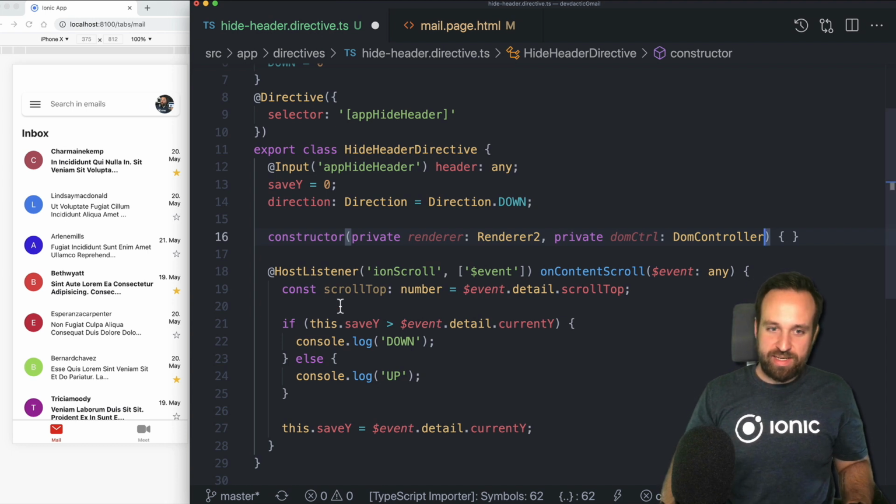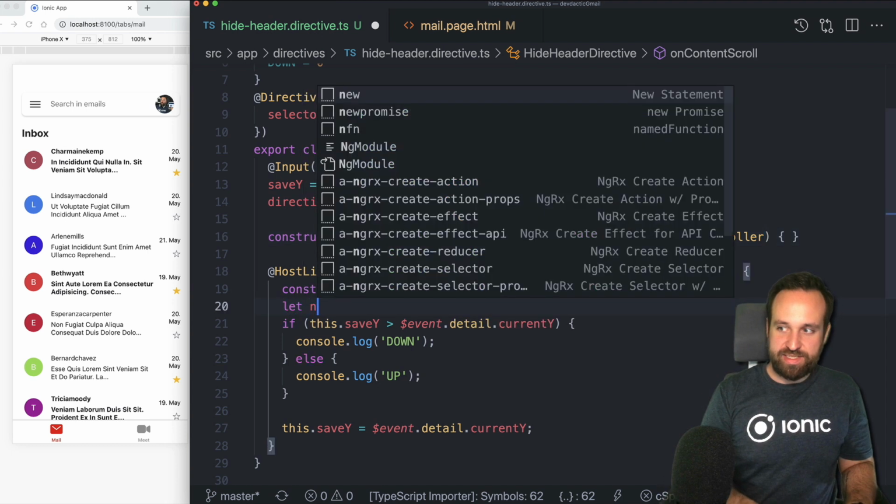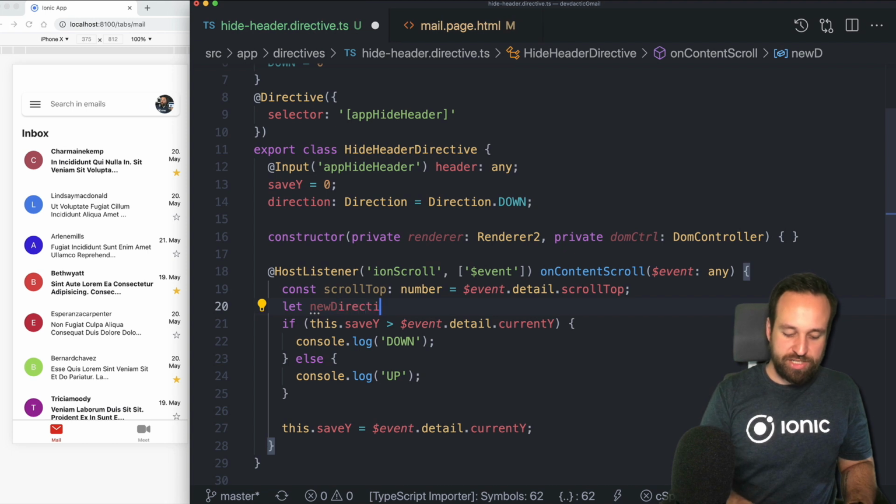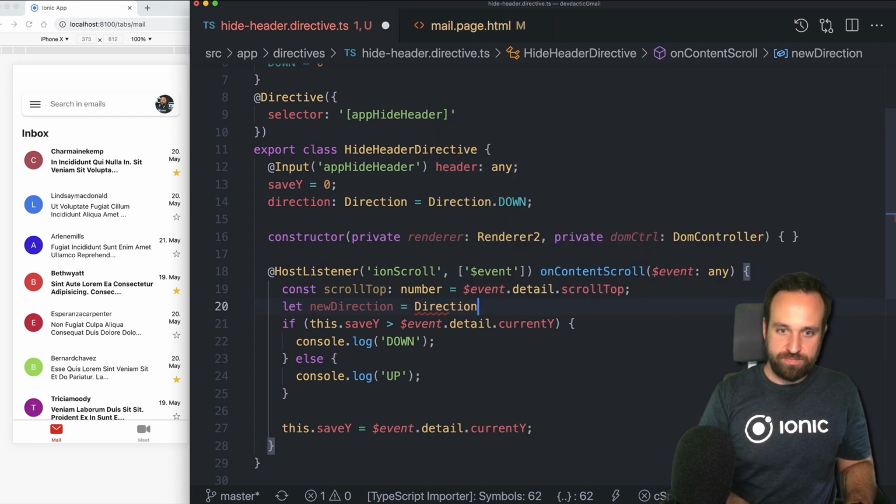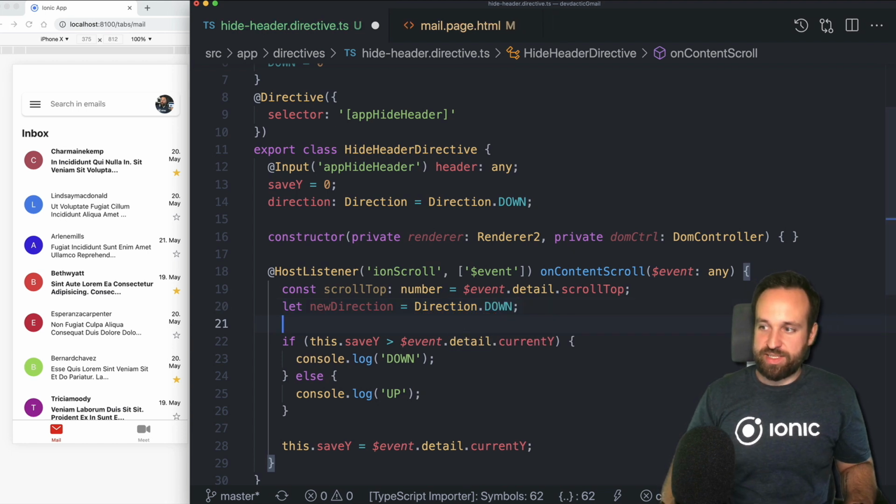Now, let's start by saying the default for a new direction is direction down. Doesn't matter, we can also use up at this point. It's just to make sure. In this case,